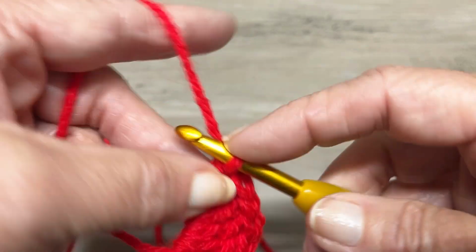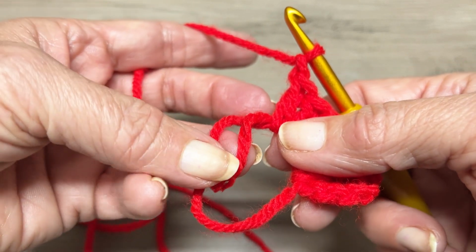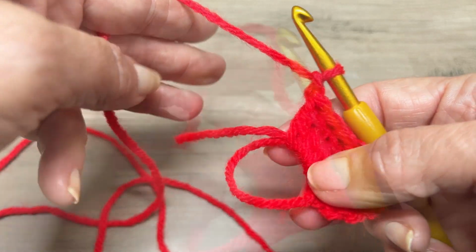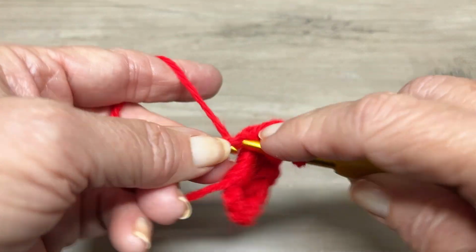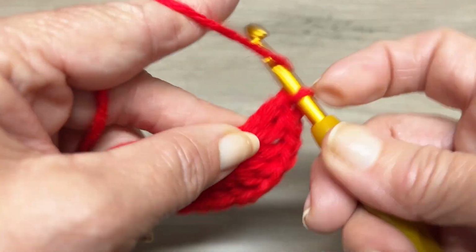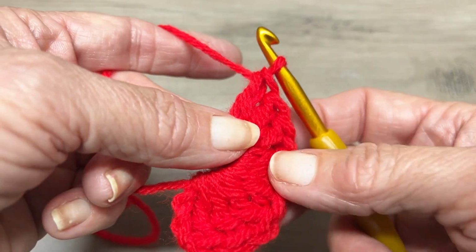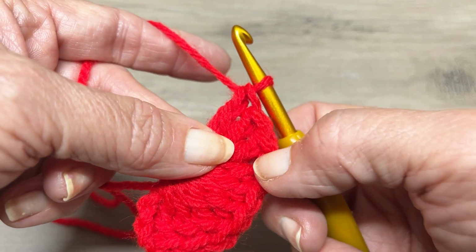Okay, so now we're going to chain 1. And if your strand gets kind of short, go ahead and just pull it a little bit like that. Okay, so now we're going to do 3 more double crochets. It's 1, 2, and 3. Okay, so at this point you should have a chain 4, 3 trebles, 3 doubles, a chain 1,